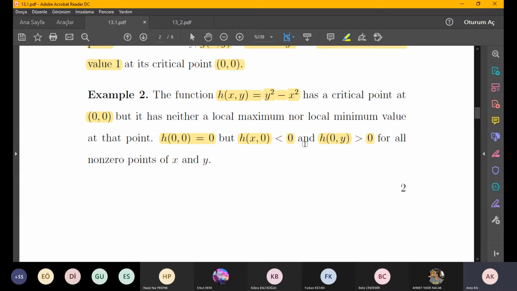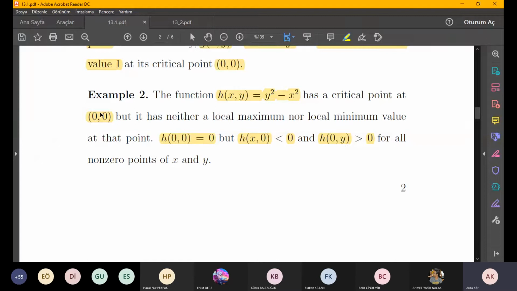And here h(0,y) is equal to y squared, so it will be always positive. So near origin, those are the points near origin, (x,0) and (0,y). And if you get close to origin, and if you take x and y here, which are